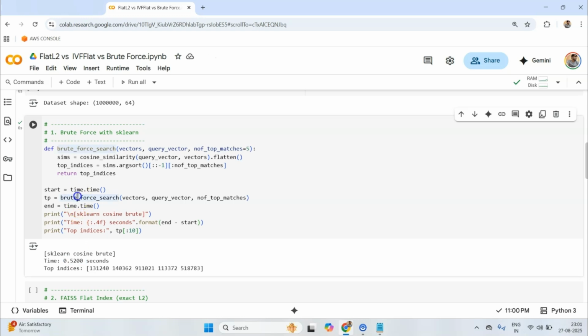So it's not going to be a deterministic thing. Okay, so now that we know that brute force is not a very feasible solution as the number of vectors increases, let's look at the brute force approach of the Facebook AI library. Now why am I looking at another brute force approach? Because this particular implementation is based on NumPy and sklearn, right? And they are not very optimized, and it is traditionally known that Python, when it comes to performance, is not a very good language. Python is good for some other processes.